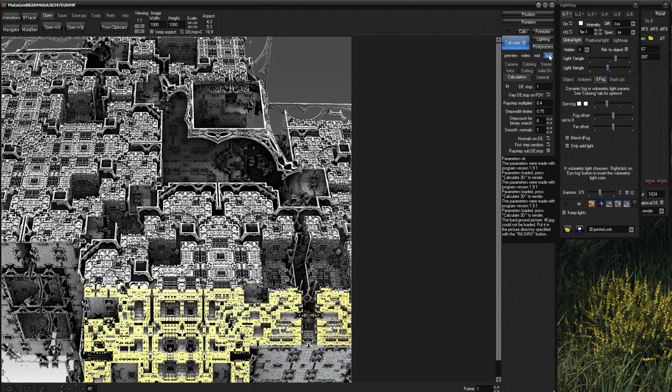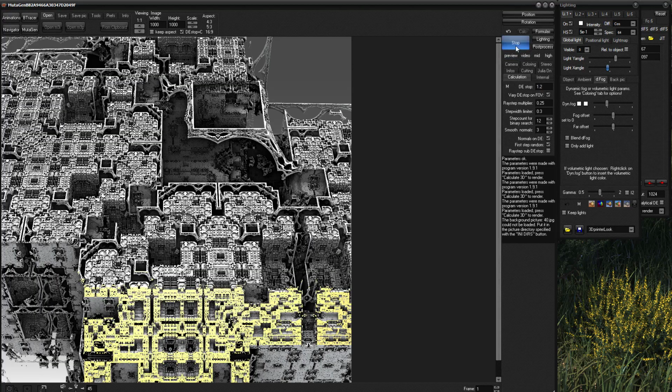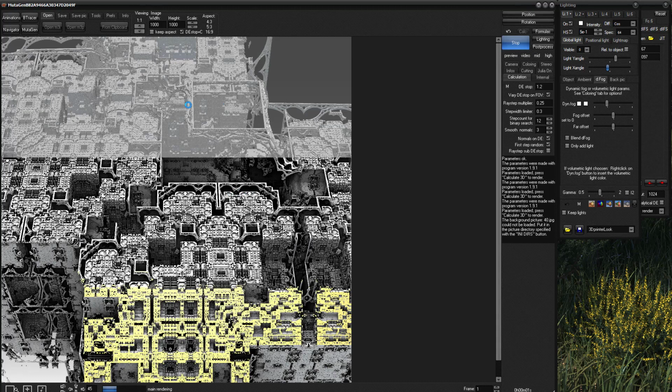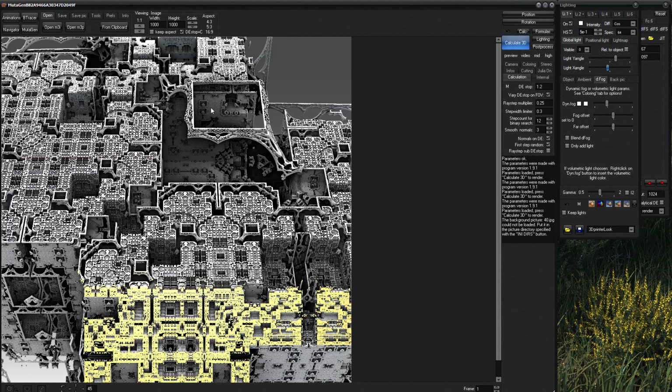Height, you see now it's 1.2 and so on. And go back to 100, and 1.1 like that, calculate. And now you see it's longer to calculate, but there is almost no noise at all,